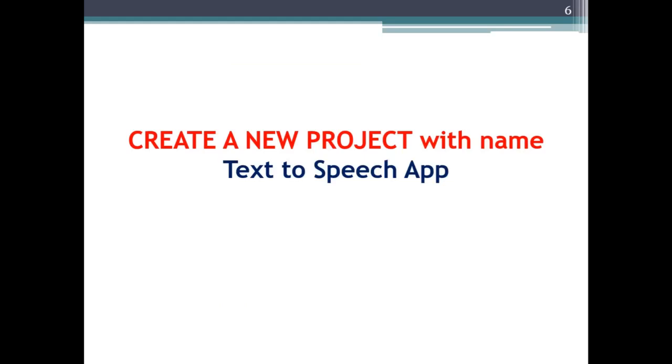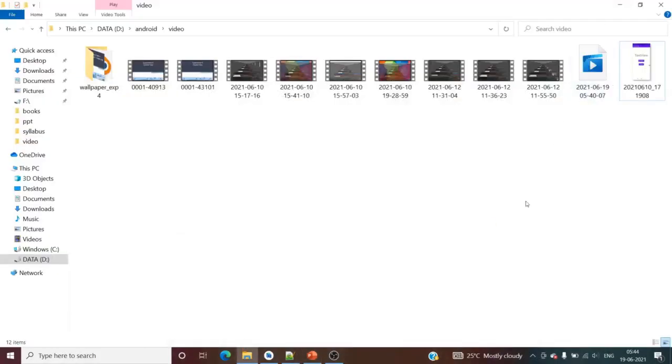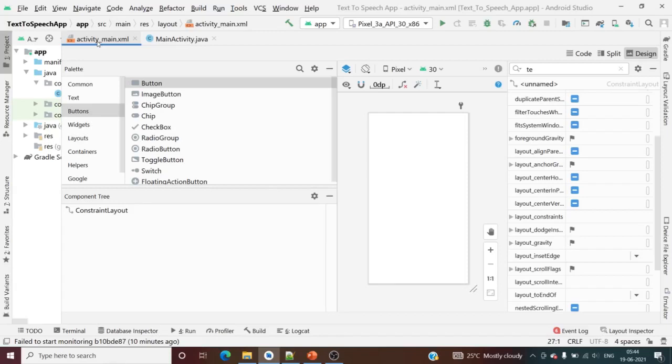a project which is called text to speech app, and now I will be in the code editor of Android Studio, where we will develop the project. I will just move into the Android environment now. I start with XML.